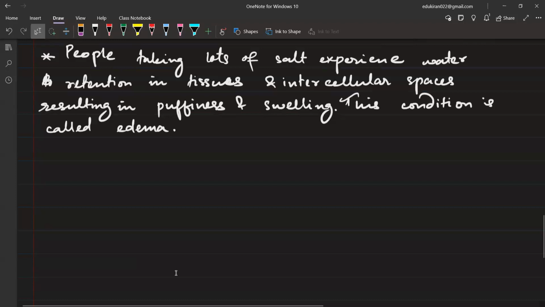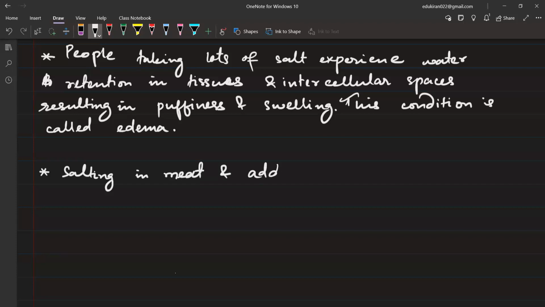Okay. Another question that is generally asked, which is an application of osmosis, is regarding the salting of meat and adding sugar to fruits. When we want to preserve a food item, if it is made with salt, we generally preserve it by salting it. And if it is a sweet thing, then we add sugar to preserve it. Now, why is that done? Please write: salting in meat and adding sugar in fruits